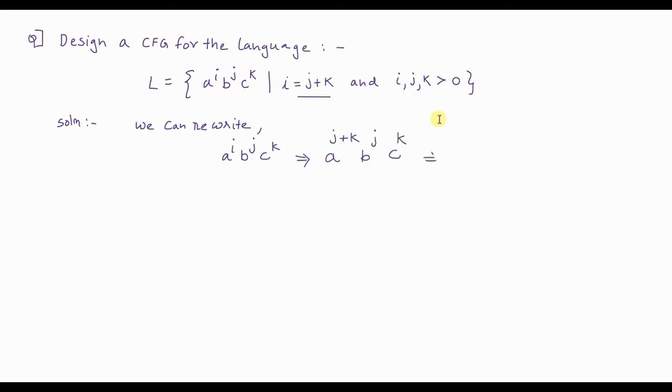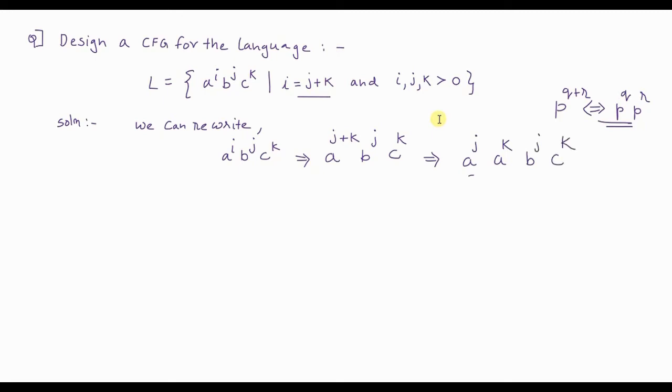Now using the mathematical identity, p raised to q plus r equivalent to p raised to q into p raised to r, we can write this as a raised to j, a raised to k, b raised to j and c raised to k.